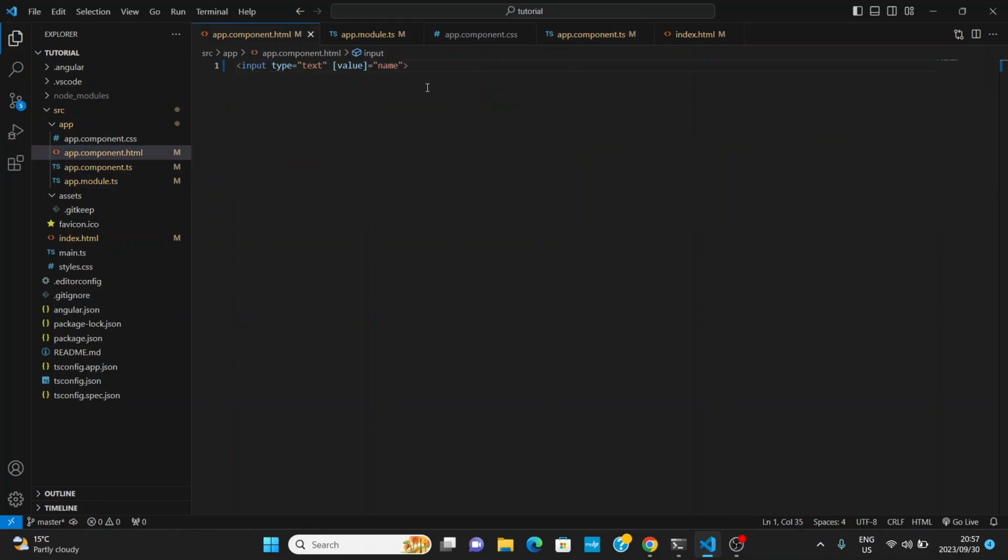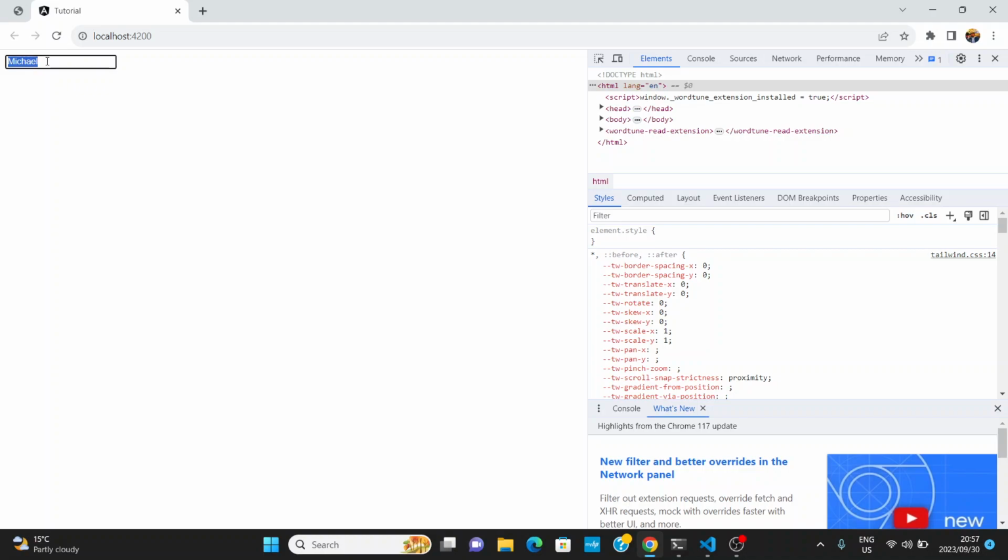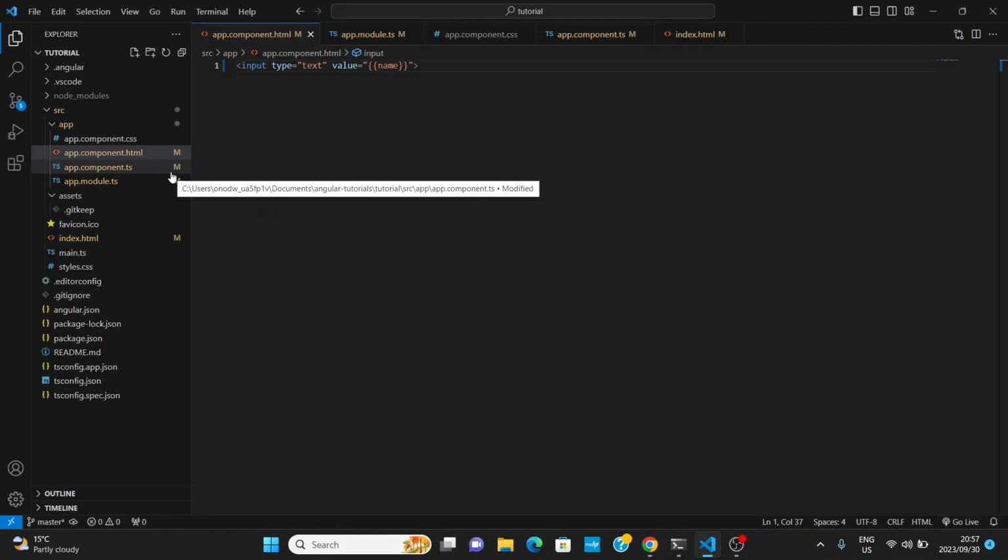And something you might ask actually, why can't we just use interpolation for this? Like you could remove these square brackets, and you could add double curly brackets to do interpolation like you did most of the time basically, and that will work. It will work perfectly, except that the reason why you don't want to do that for properties is because you might be dealing with properties that don't accept string values. For example, this disabled attribute,